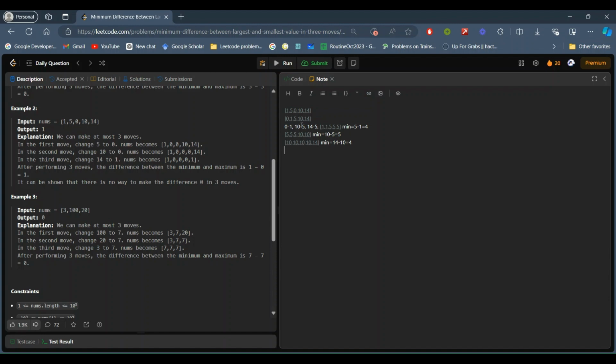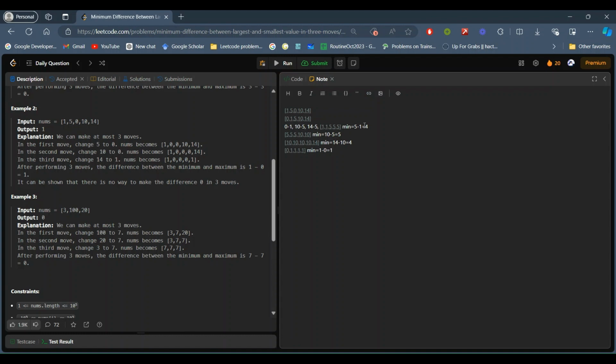And then if we change the last three values, we have all the values as 1, 1, 1, because 5, 10 and 14 are now changed to 1, and now the minimum difference is 1 minus 0, which is equal to 1.